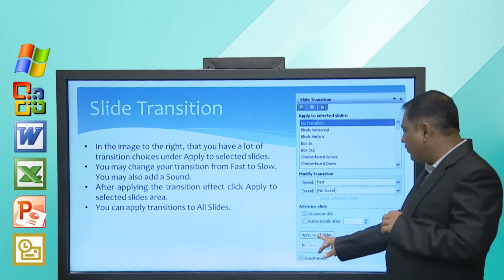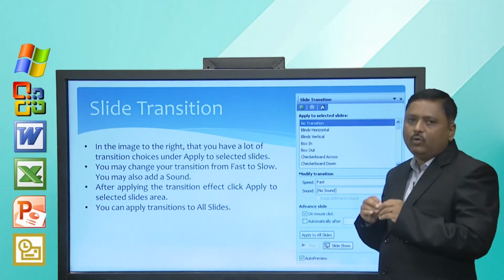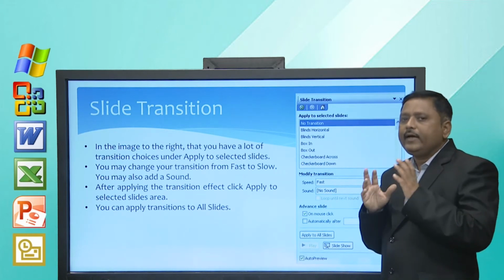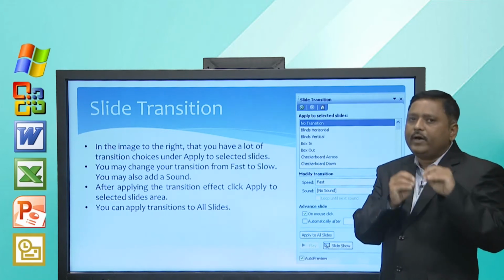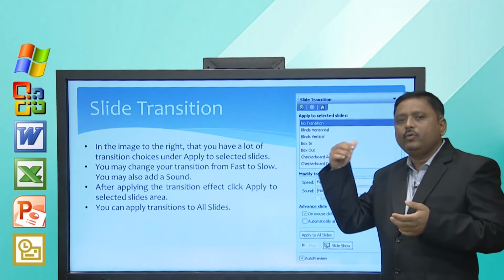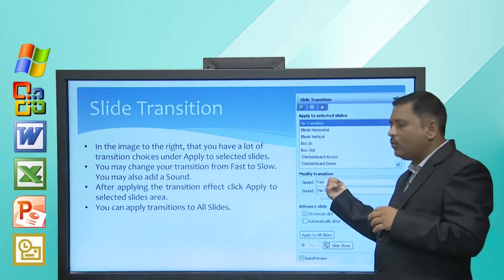And here you can decide apply to all slides, otherwise it is applied to a particular slide on which you right click and open this.